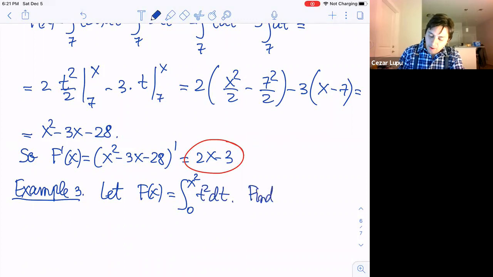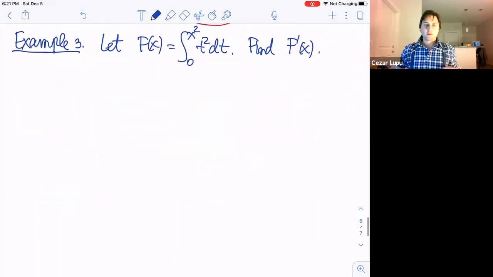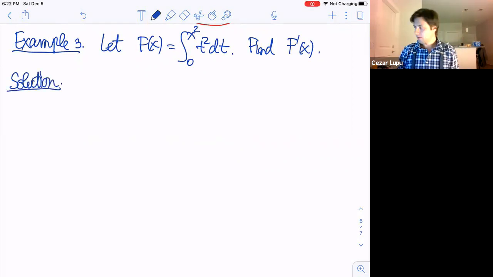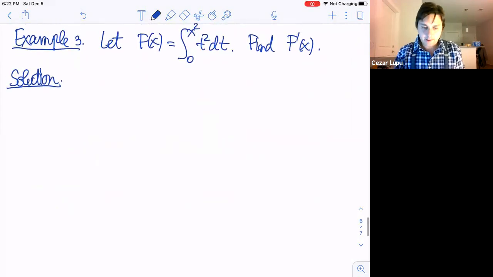Again, find f prime of x. All right, let's do it. Well, again,